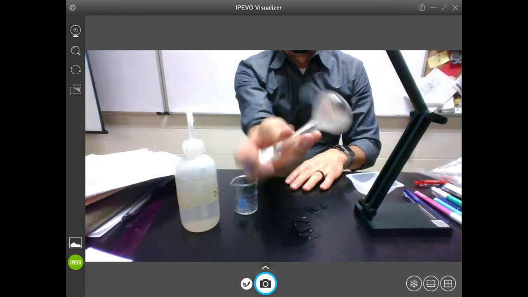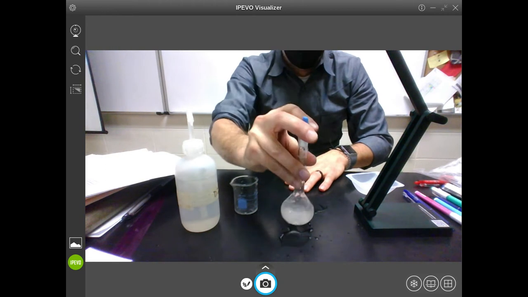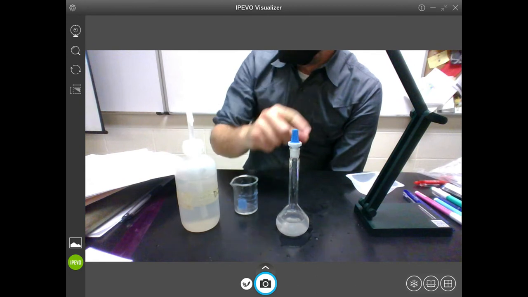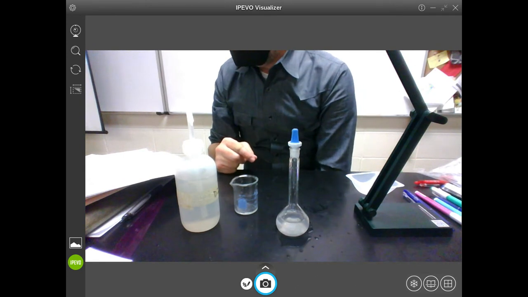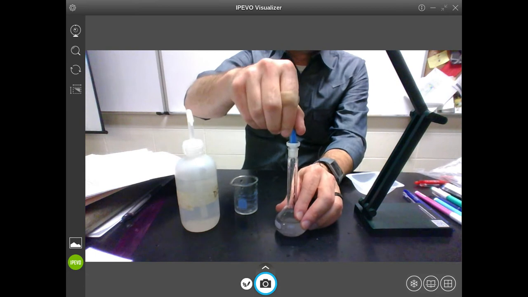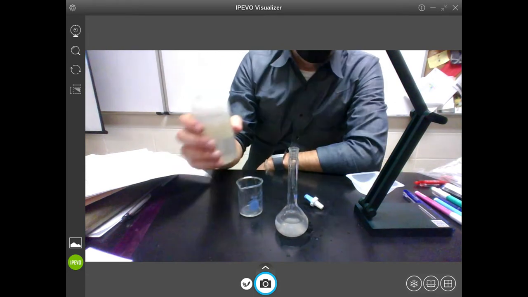So for Harry Potter fans, you're making a potion. All right, you invert it, mix it up. Then continue filling the flask until the liquid level is almost at the mark. This is the most crucial part. You're going to continue filling the flask,